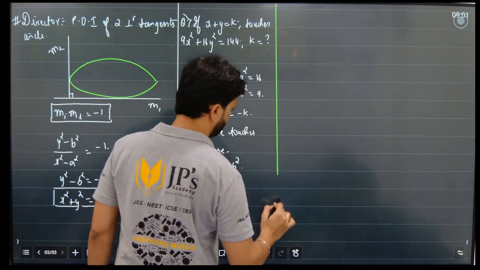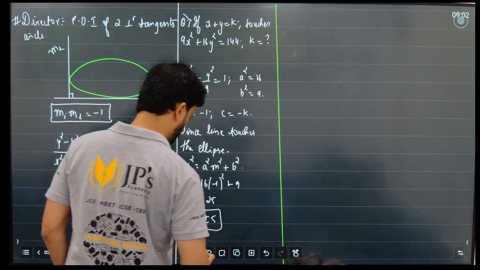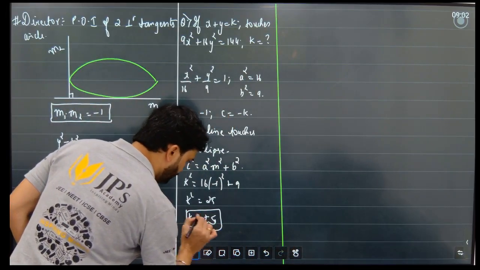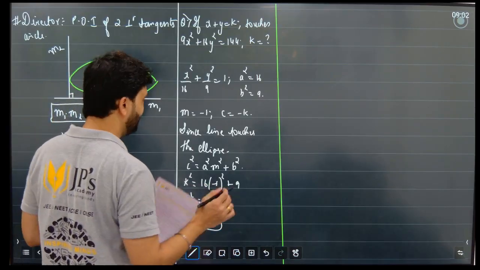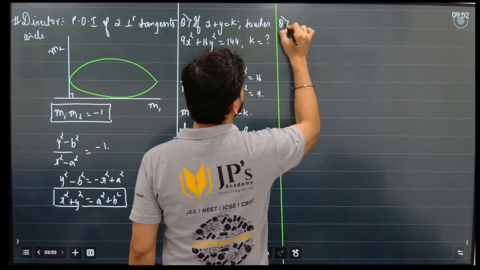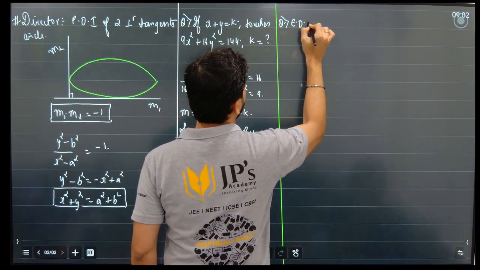Next, this is plus 5. Okay. Now, equation of tangent,